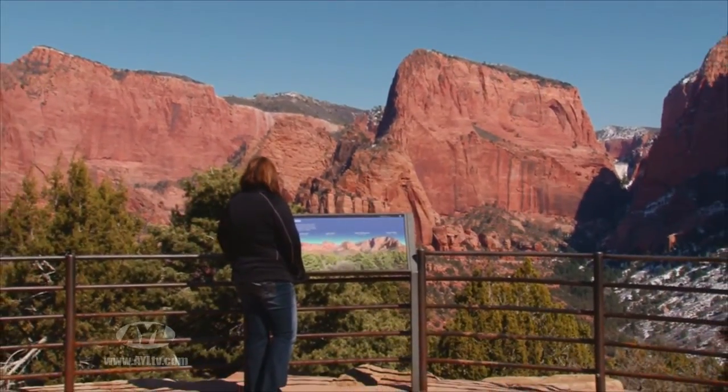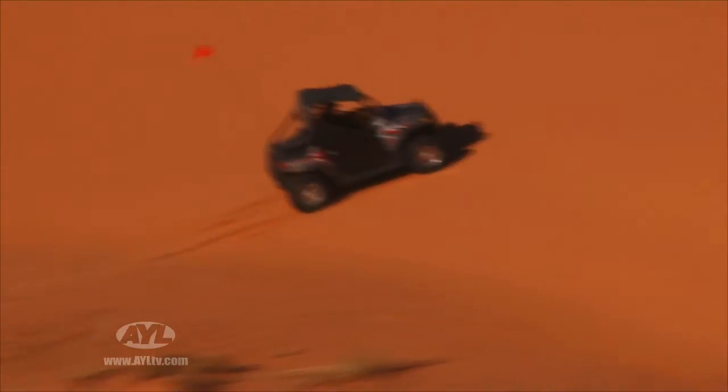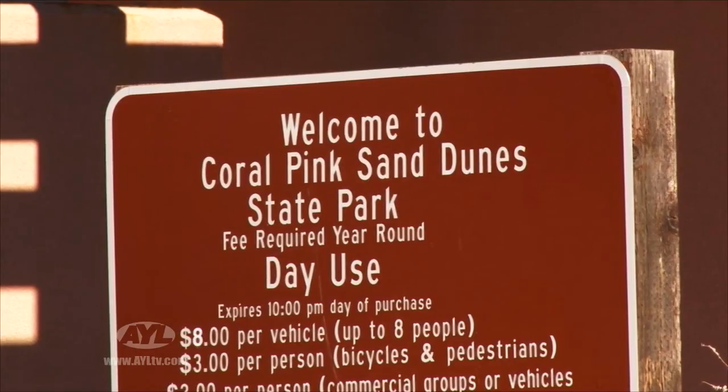We're in the middle of what they call the Grand Circle, which consists of most of the national parks. You have Grand Canyon to the south of us, Bryce and Capitol Reef to the north of us, and then the Grand Staircase Escalante National Monument, which encompasses most of eastern Kane County. Those national parks may be a draw, but Coral Pink offers experiences none of the others can match. The dunes are easy to find right off Highway 89 on Sand Dune Road, about 22 miles west of the